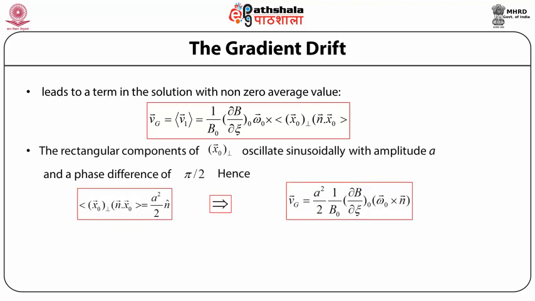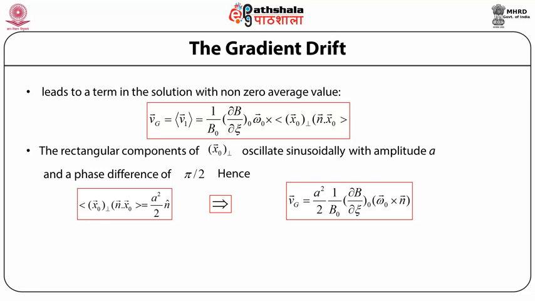The rectangular components of x₀⊥ oscillate sinusoidally with amplitude A and a phase difference of π/2. Hence, only the component of x₀⊥ parallel to n̂ contributes to the average. Thus, we can write the time average of x₀⊥(n̂·x₀) = (A²/2) n̂, and